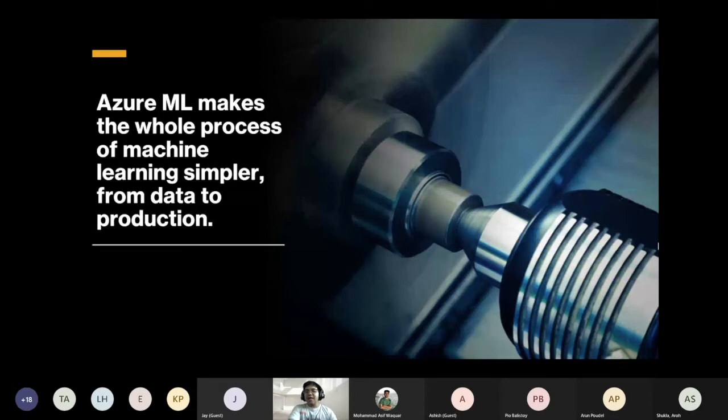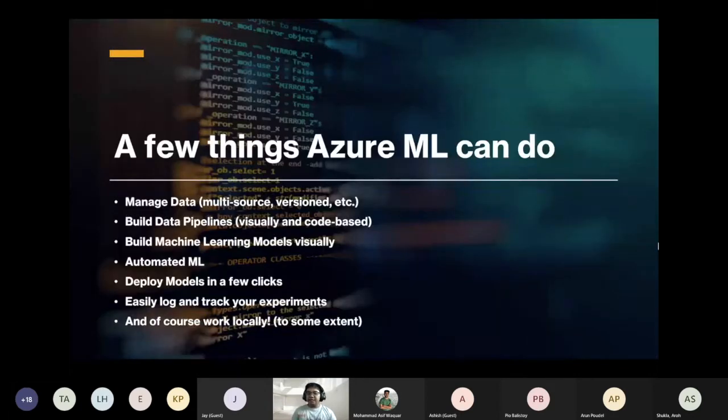So here are a few things that Azure ML can do. First, you can manage your data, so you can use multiple sources of data. You can upload data from local, reference web files from the web, or use something from a data store that you've defined. You can have a blob store that's been registered in Azure ML, and then use that.